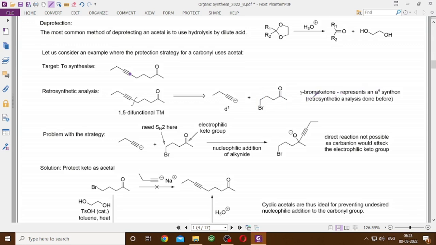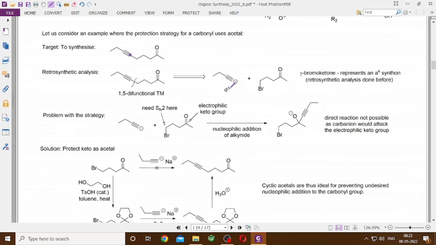Recall that we have done the retrosynthetic analysis and forward synthesis of this one previously. And this D1 synthon is accessible because you just need one butyne, a terminal alkyne, and therefore you can deprotonate it with a suitable base and you have your D1. But the problem is elsewhere. With this strategy, you require the SN2 reaction to happen here, but this carbonyl group is also very electrophilic. As a result, if you add directly onto this